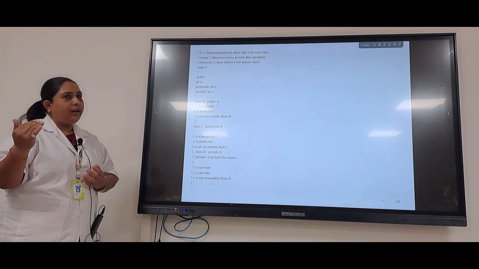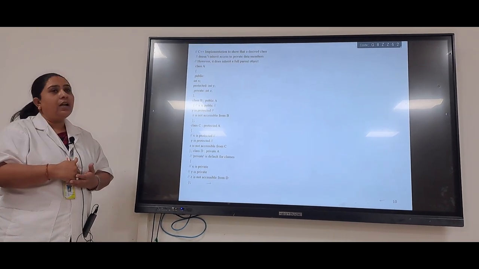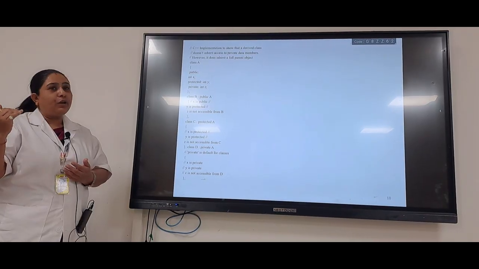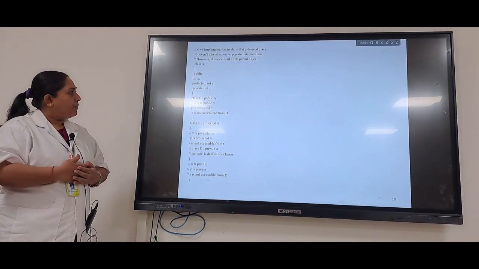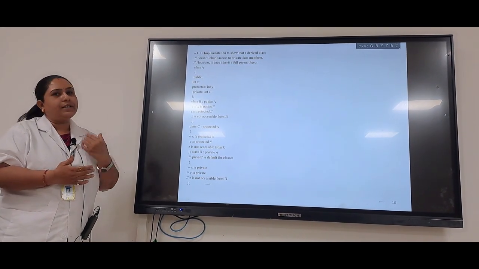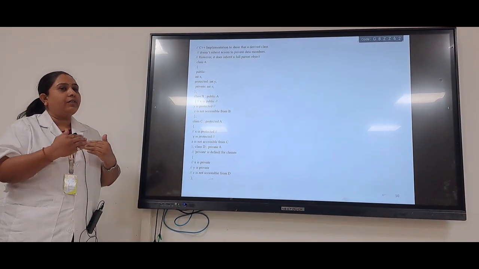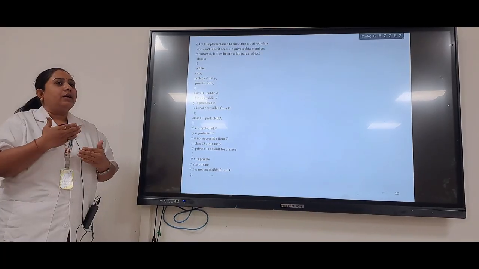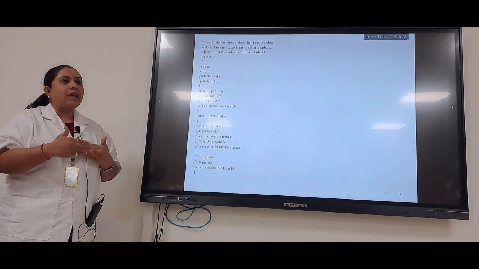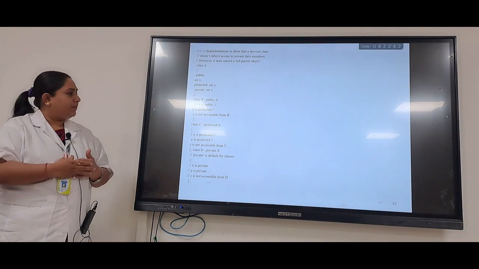Y becomes protected as it is taken from class A, but Z is not accessible from B. Why? Because Z is defined as a private member in class A. Whenever we talk about private members, you have to be careful, because private members cannot be accessed outside the class.